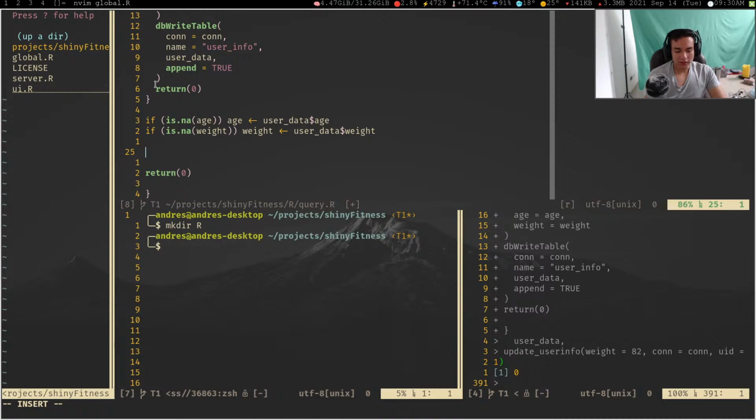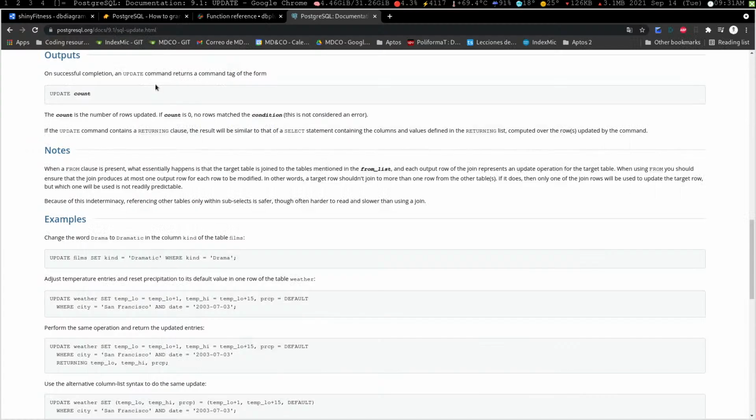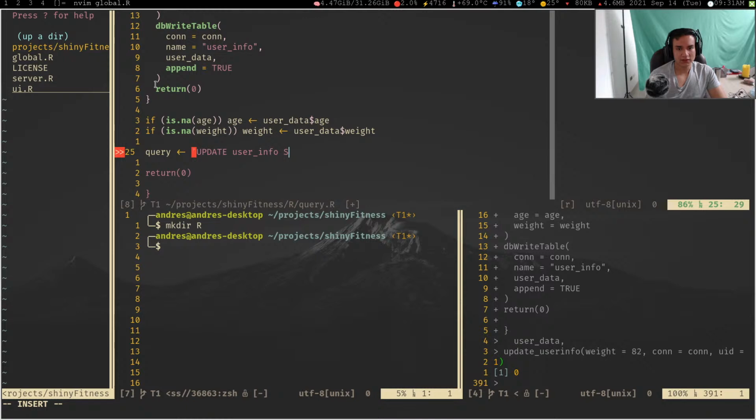So what I can do now is write a query. I'm going to do update user info, right, as we did right here. Update user info, and I'm going to set